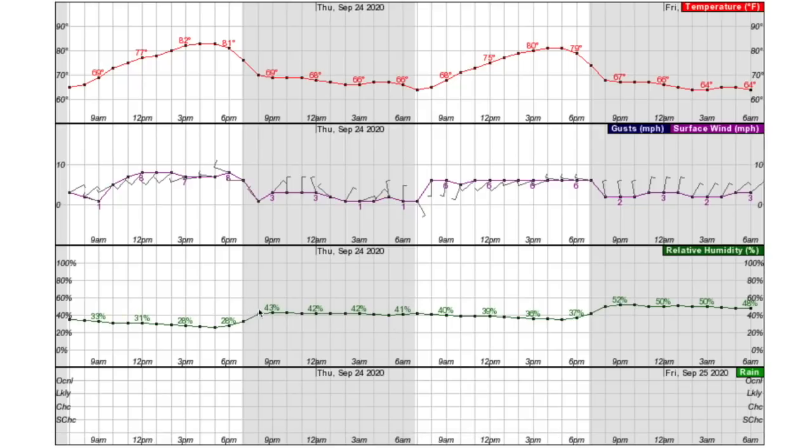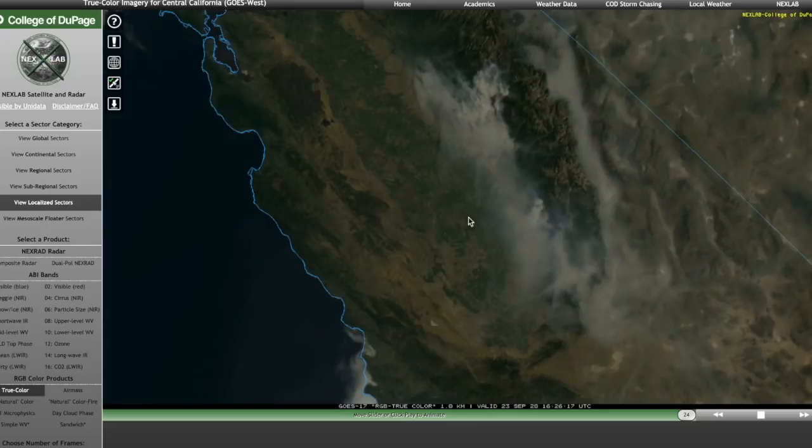I will point out though, overall, humidity is much higher than it was all of last week. So firefighters should be able to get a better handle on this blaze over the next 3 days as we have some favorable fire conditions. Just taking one more look at that map though,